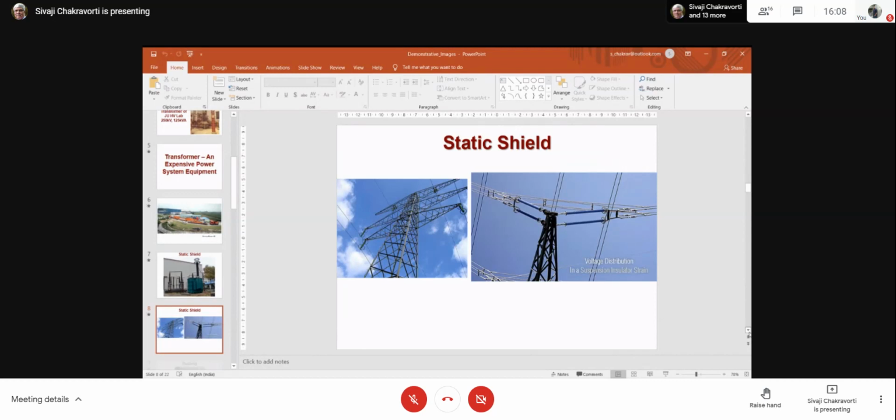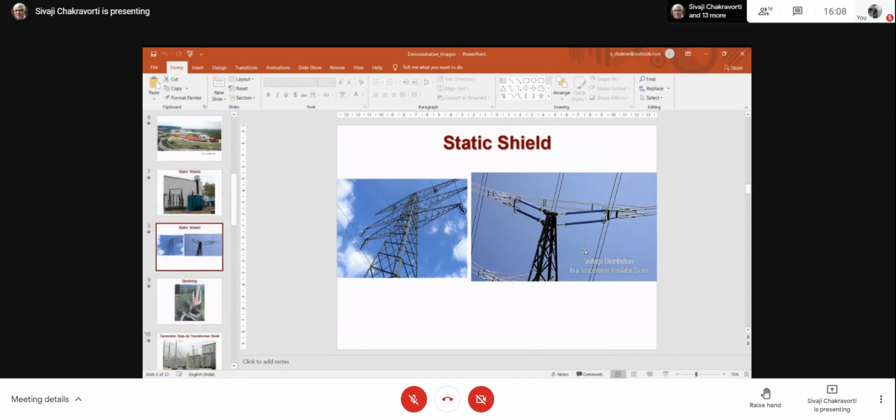Okay, then static shield application again. This is the high voltage transmission line. And here you can see this is the string insulator. And on the high voltage side, you can see the rings, which I have already told you. These are called corona shield, static shield, corona ring. So many names are there. On the left side diagram, you can see the two rings here. This is what is called a string insulator, and you can see these rings. So typically, we always use these